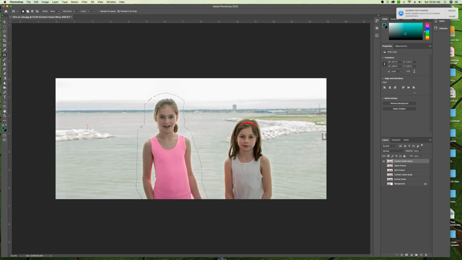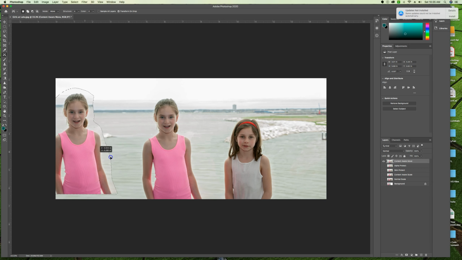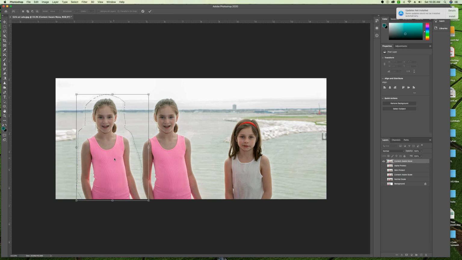That's our goal here. And the structure is how closely it follows. We're just going to leave these defaults as they are. And transform, when we let go of it on the drop, is already pre-selected. So if our selection is still active, which mine is, we can go. If yours isn't, use the lasso quickly, then switch back to this tool. And we are going to move it over to the left. Come on, catch up. There we go. So I'm going to move her right over here. Sorry for the delay. And when I let go,